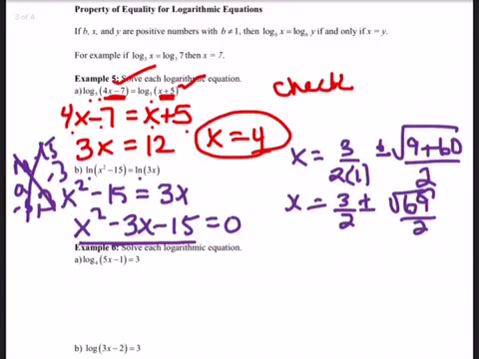Okay, it's a little bit bigger than 4. So 3/2 minus this stuff is going to make this number negative. If I plug a negative number into this piece over here, I get a negative in the parentheses, which doesn't work. So that means my only solution is going to be 3/2 plus square root of 69 over